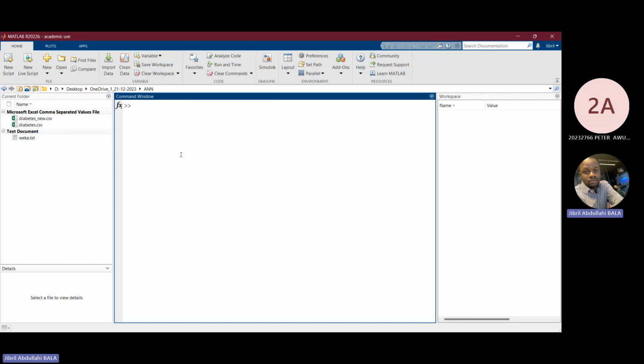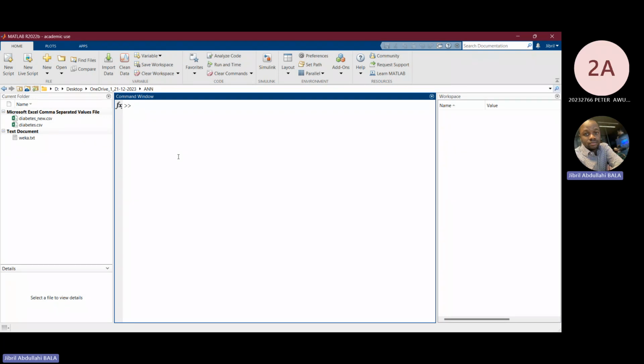When you want to work with neural networks in MATLAB, luckily MATLAB comes with a neural network toolbox. The way to access the toolbox is to come to the command window and type nnstart, meaning start the neural network toolbox. When you press nnstart and click enter,